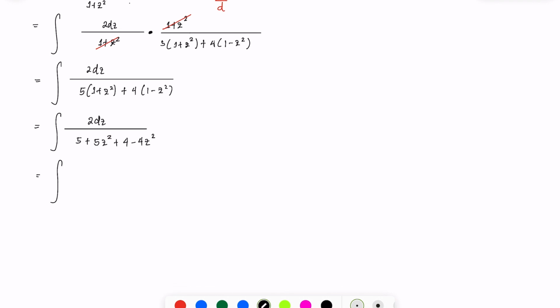Now I can further simplify this one. By the way, I'm just going to take the constant 2 out of the integral, and I will just have dz all over